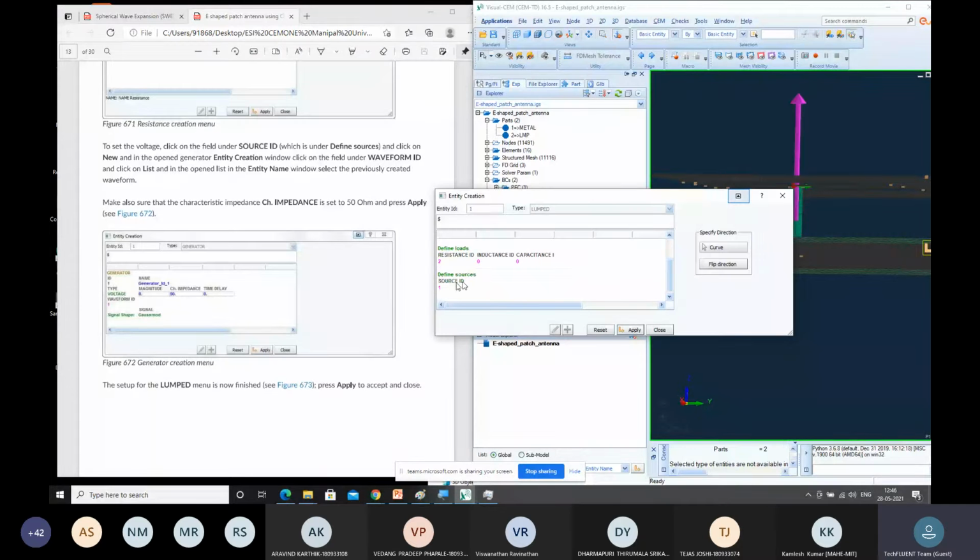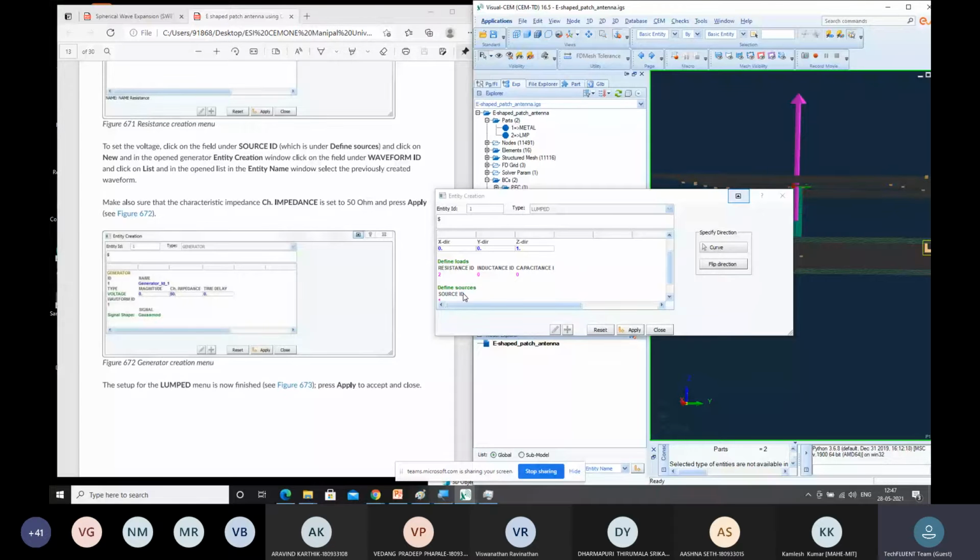So once you get started with the lumped element, you have to set up the Z direction, I mean in which direction you want to radiate. Similarly, since it is connected from the ground direction, that's the reason I'm projecting it up. If it is connected from the patch, you can project it down. So in this particular design, we are projecting it up. We are going with a resistance of 50 ohms.